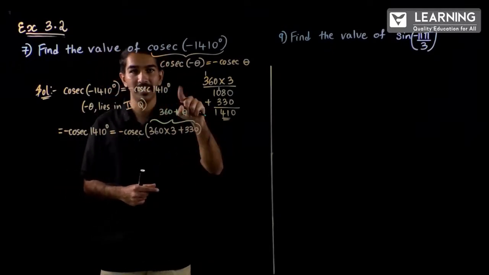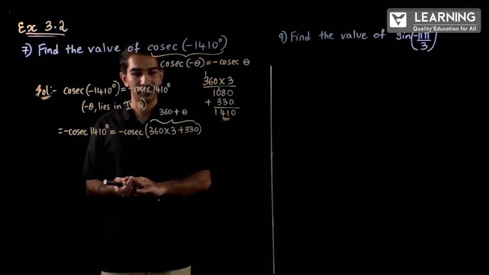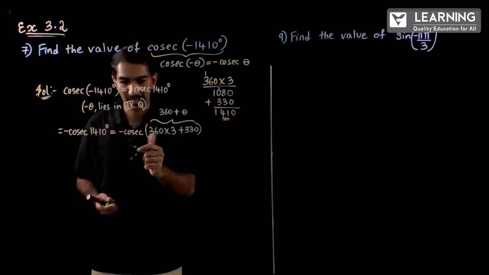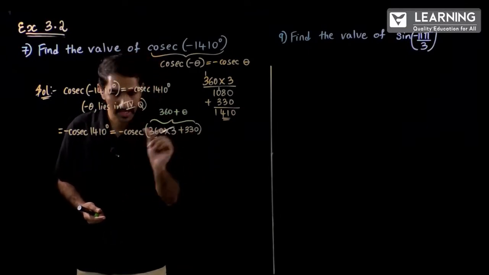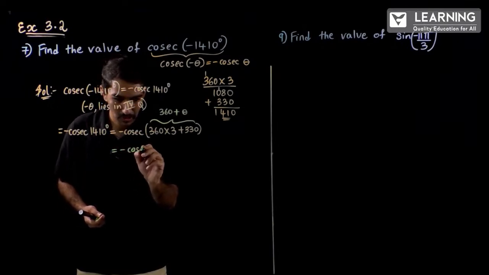Which letter do we have? A we have. What does A mean? All the trigonometric ratios are positive. So since 360 is coming, the ratio will also not change. The ratio will remain as it is. So once we finish writing it like this, this again can be written as minus, as it is, cosecant